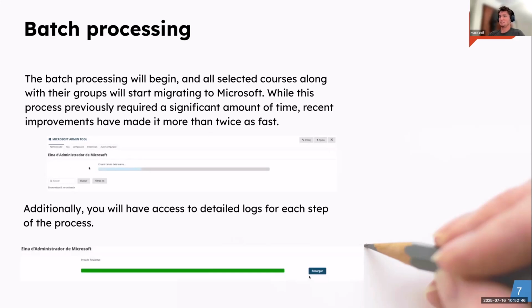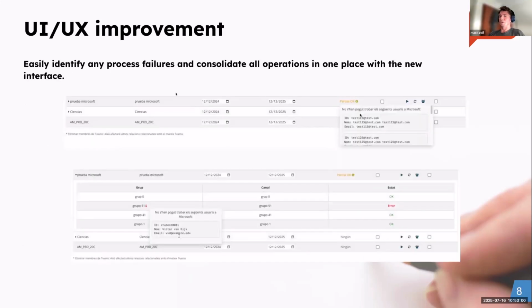And you can see if you are creating the channels, you are integrating the groups. And once you have all this finished, you will see the process has finished, and you can refresh the screen, and you will have right now all your events, your sites or your relations in the table.